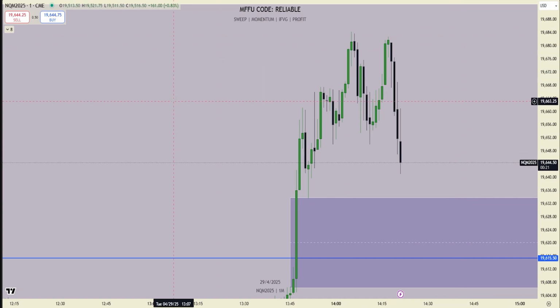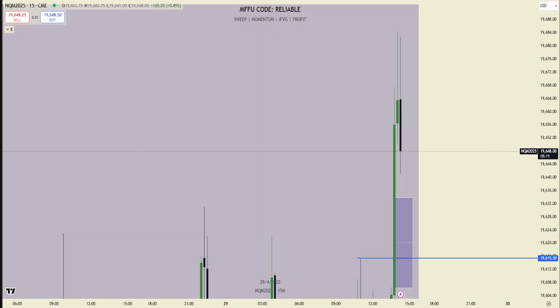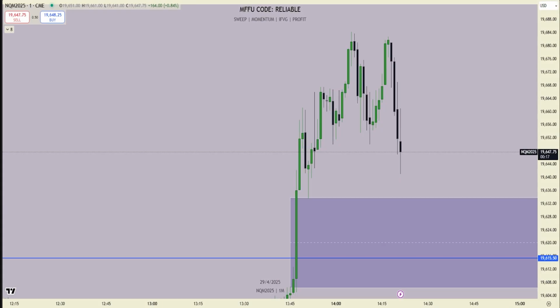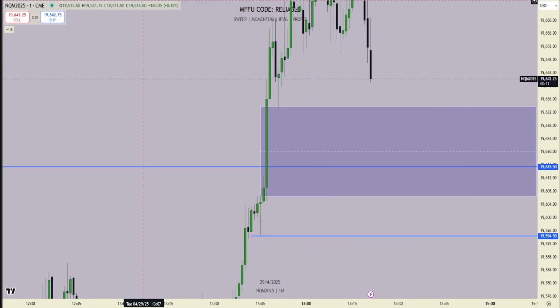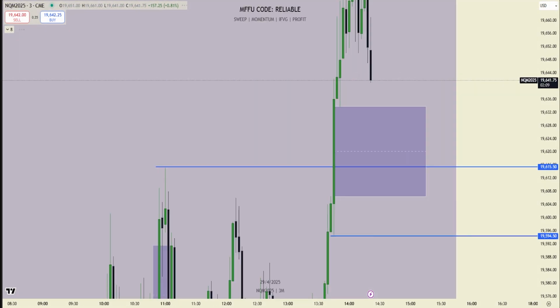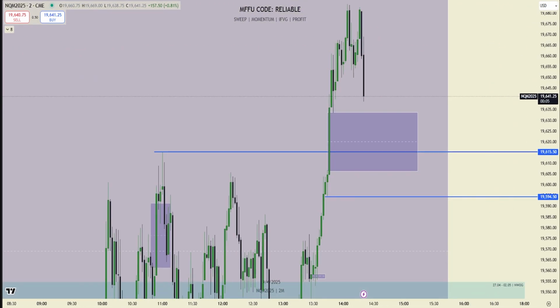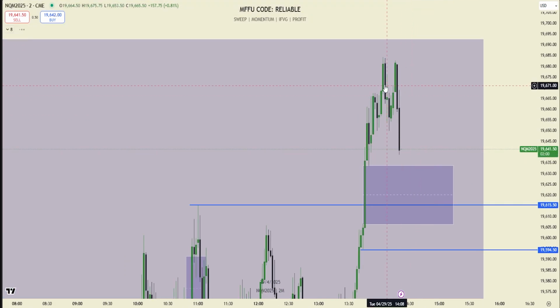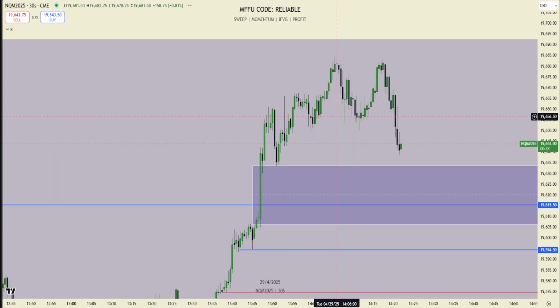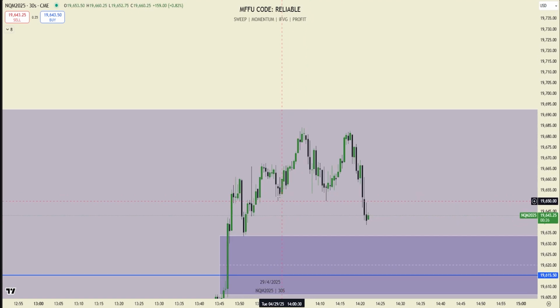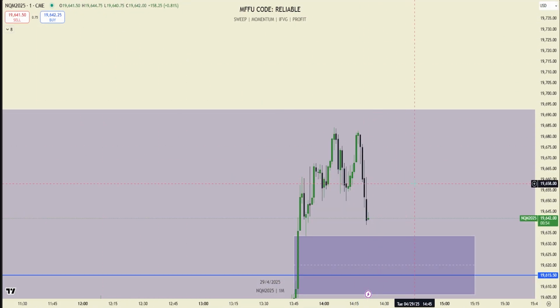Came down, tapped into this 15-minute bullish fair value gap, and we'll see the reaction from it. If we start to knife through it with good momentum, maybe we take care of this fair value gap here, I'd probably be willing to switch bearish. We're still technically respecting that 15-minute gap, so we'll see. Might have just been a hair early on trying to take the short there because the draw on liquidity wasn't there yet, and then once we get the equal lows there, that gives us the ability to enter that.